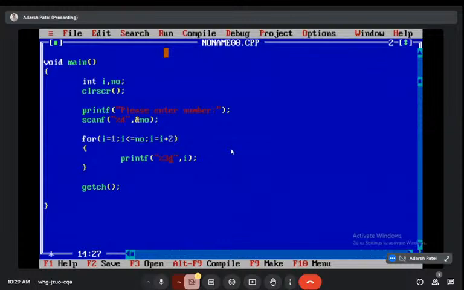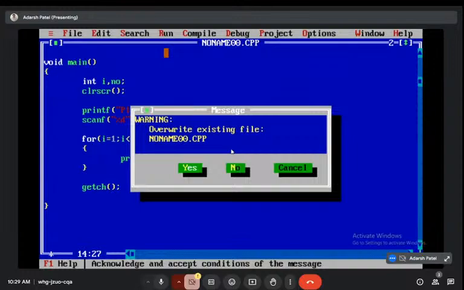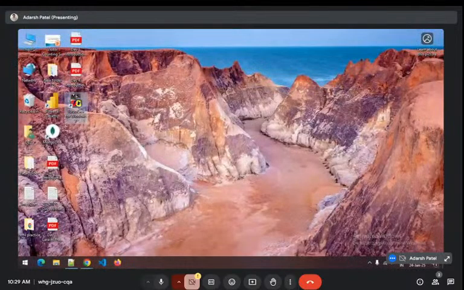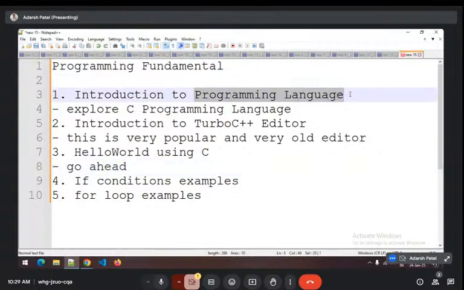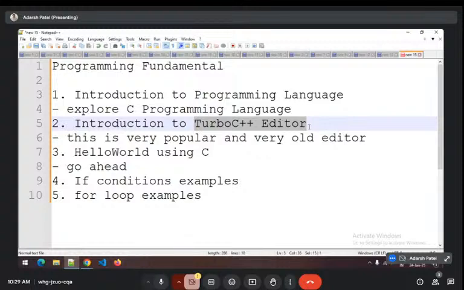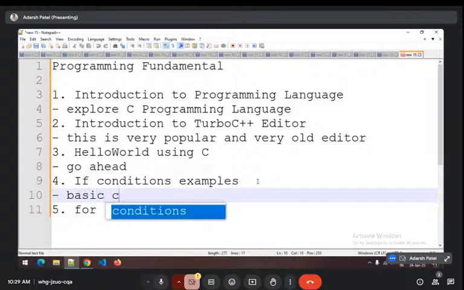So this concept is clear: how we can use the for loop. Fine. So what we have discussed so far. Let me close this particular file. For closing, you need to press Alt X. So what we have discussed so far is the programming language fundamentals, that is C basics. Then we have discussed the Turbo C editor. We have written that C hello world program. Then we have written the basic if conditions